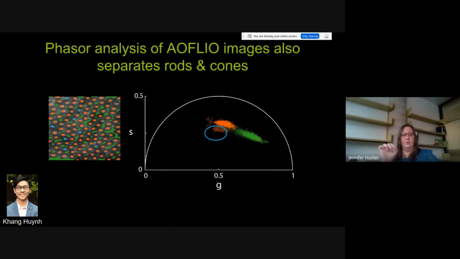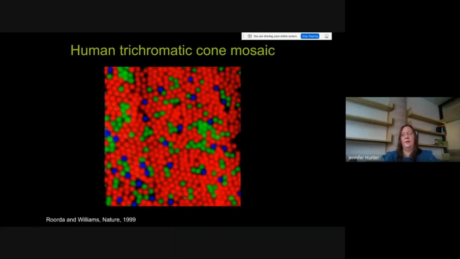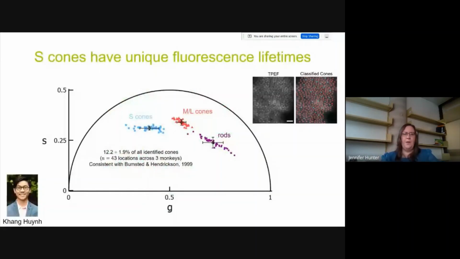Anyone familiar with the retina and color vision is going to instantly go, well, that's a sparse array of cones, and the color coding I'm using should not hide the idea that the trichromatic cone mosaic has a sparse array of S cones. So our hypothesis was that this extra cluster was corresponding to the S cones. Kang then went on to show that across multiple monkeys with multiple locations imaged, we could in fact cluster out